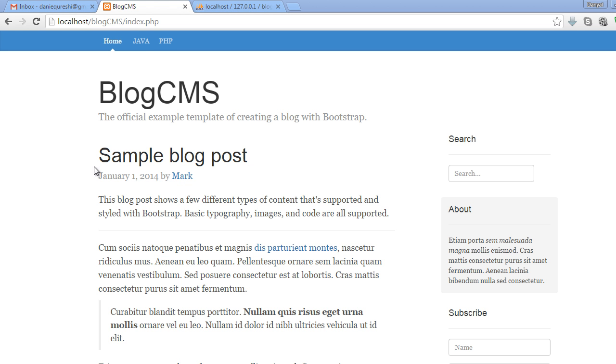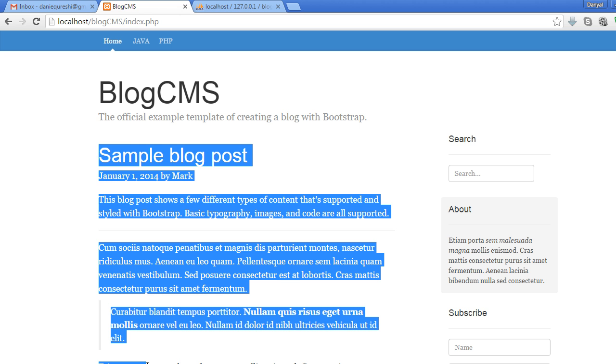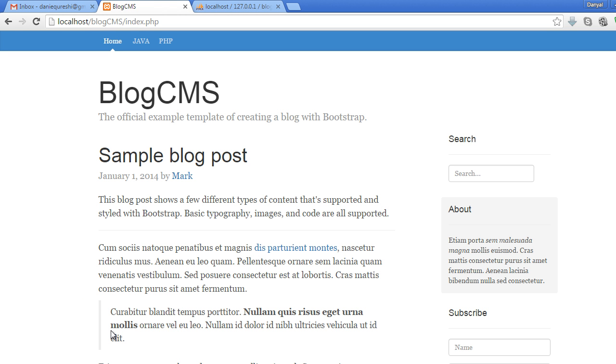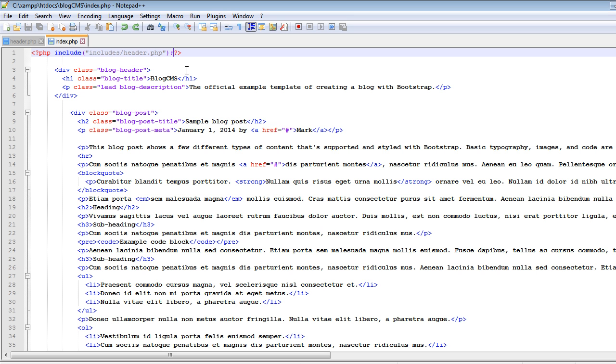Welcome back. In this video we will fetch the post from the database. In the last video, as you may remember, we created the post table. So let's open index.php, and in order to get the post from the database we have to execute a query